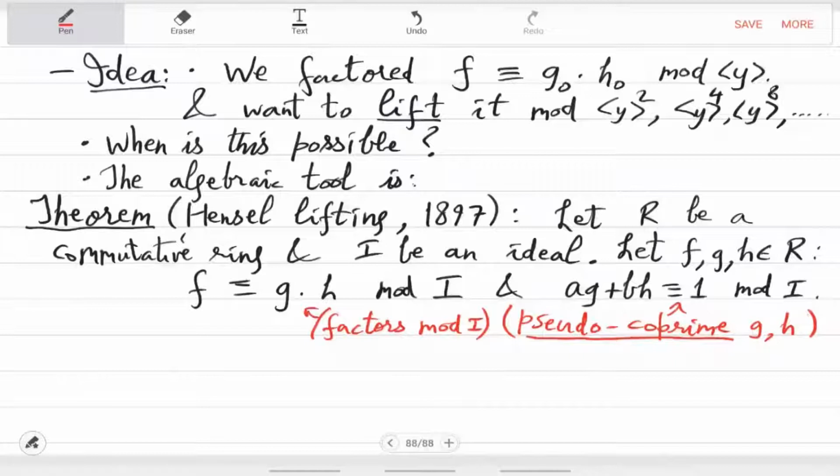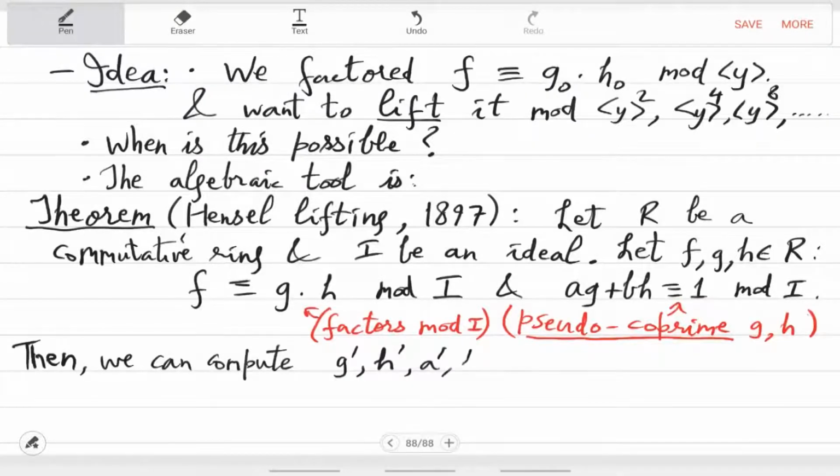You want to lift this picture mod I square, which means you want G prime, H prime, A prime, B prime. You want 4 things to be lifted. So formally there are a lot of equations, so let us write that. It says that we can efficiently compute G prime, H prime, A prime, B prime